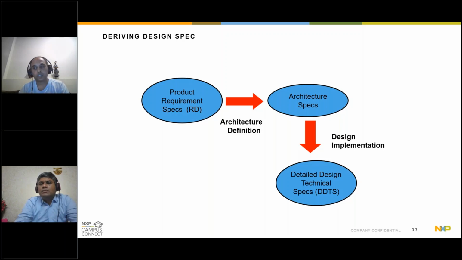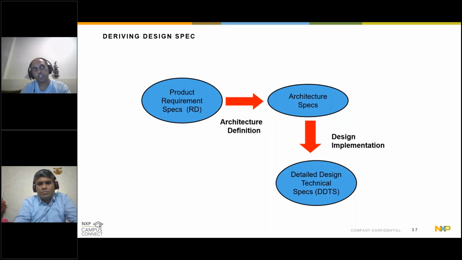This is further detailing of the architecture specification, almost at a signal level or a bus level, right? Here you are defining the clocking scheme, the interrupt scheme, the arbitration scheme, the pin out of the device, and all those levels of detail. From this step onwards, you have detailed your product to a level that you can start putting together the RTL, right? So this is how you will progress in your SoC design cycle.